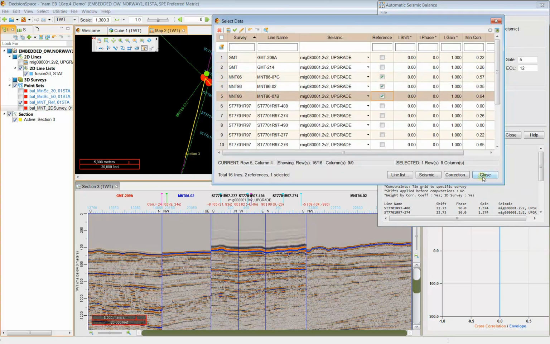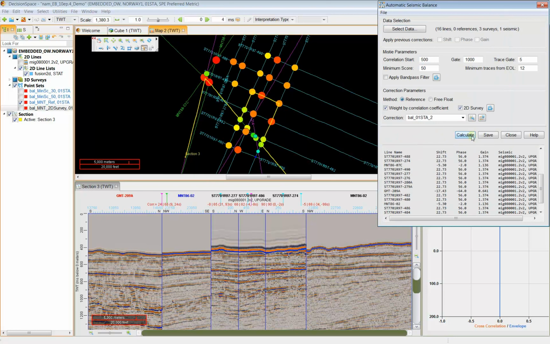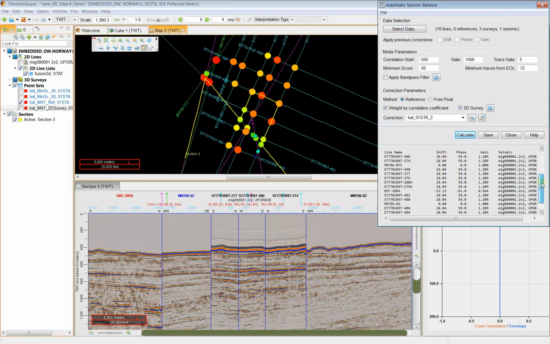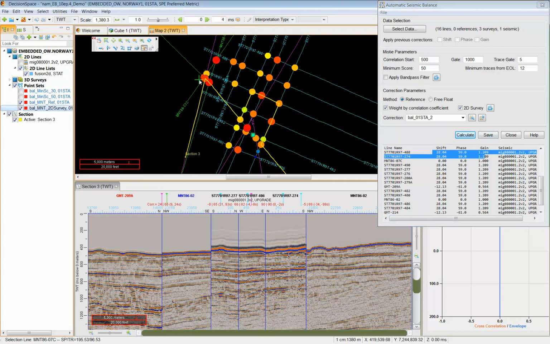Apply, and turn on the reference. Okay, now other surveys have been applied a consistent correction to tie to the reference surveys. Okay, that is great. I have saved the result. So notice along the line right here,